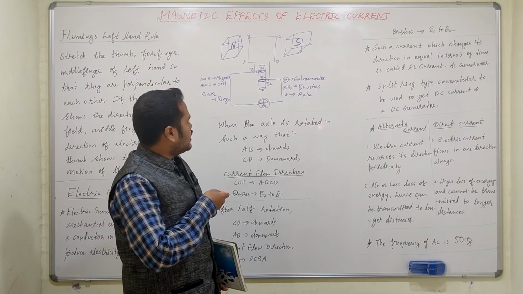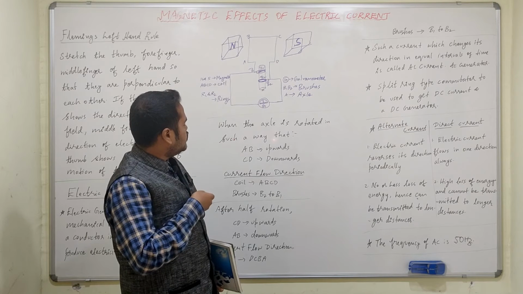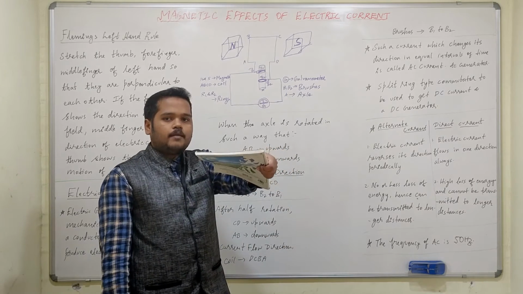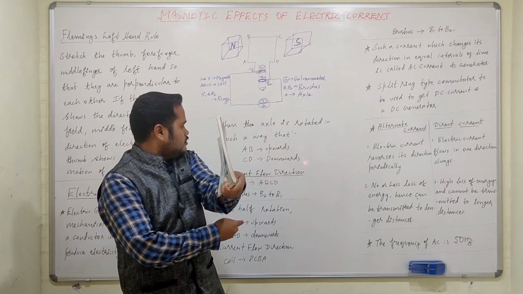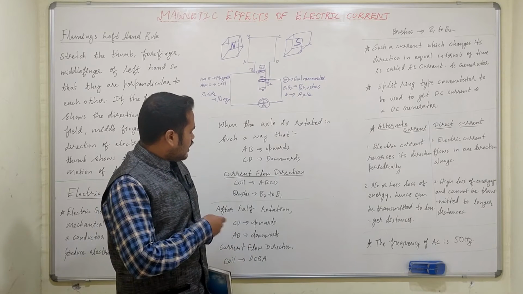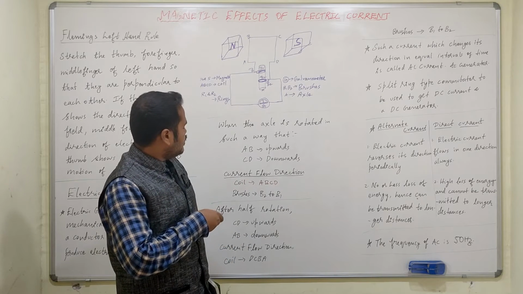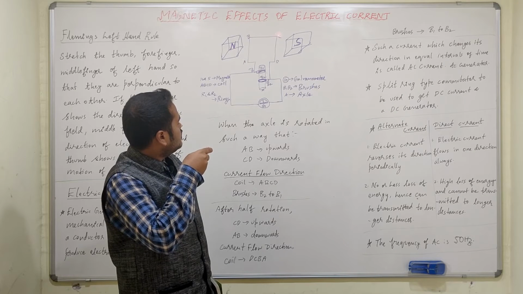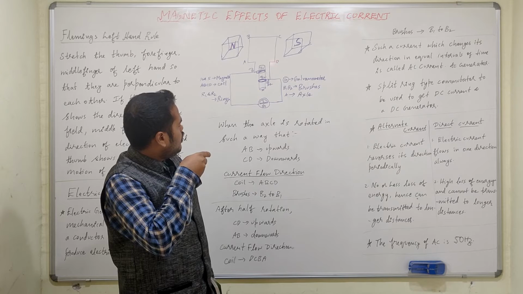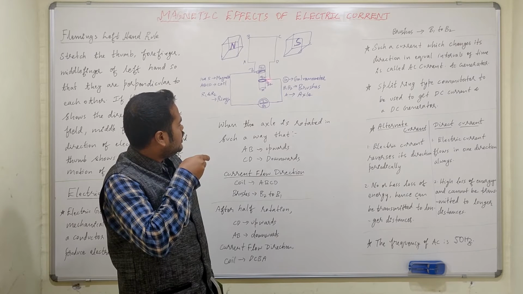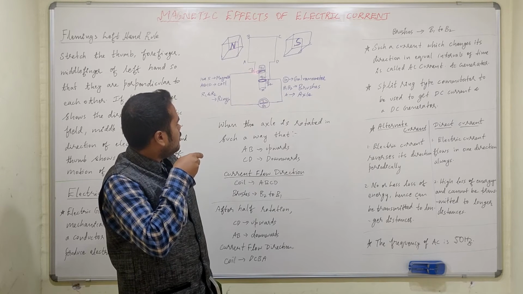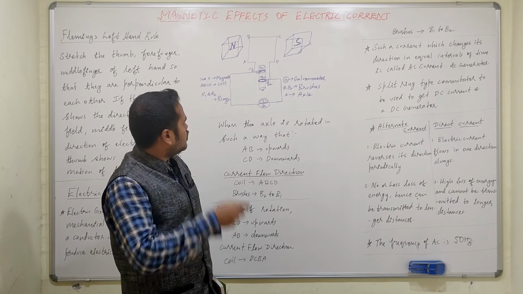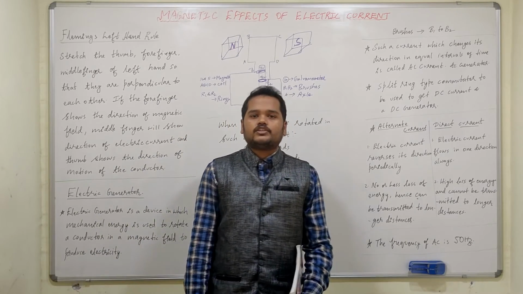When you rotate the axle in such a way that AB goes upwards and CD goes downwards, the current flows in the coil in the direction ABCD. Then in the brushes it goes from B2 to B1. So ABCD, B2 to B1. This is the first half of the rotation.